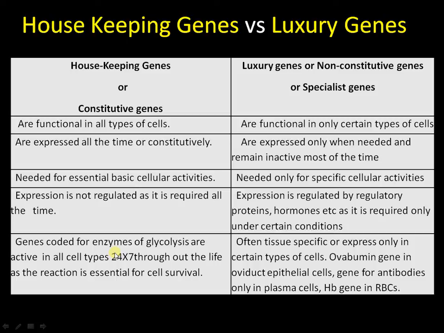All the genes involved in glycolysis, as glycolysis is essential for cell survival, whereas in the case of luxury genes, examples include genes for antibodies. These are synthesized only in plasma cells. Hemoglobin genes, that is synthesized only in